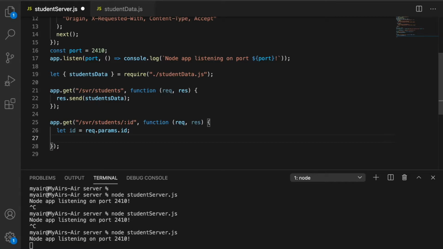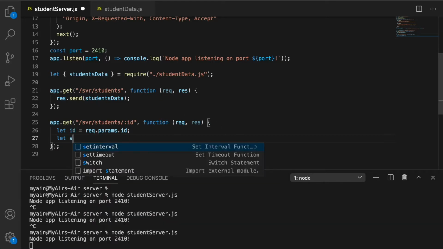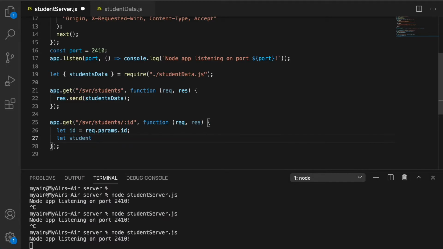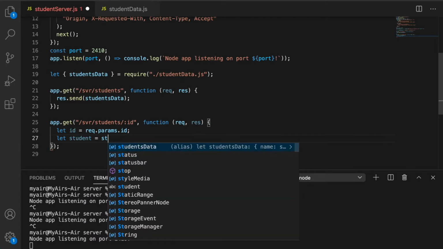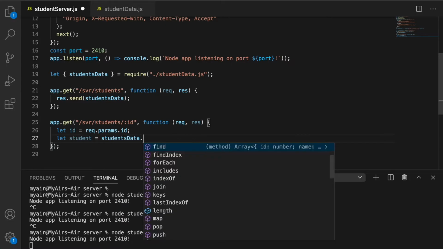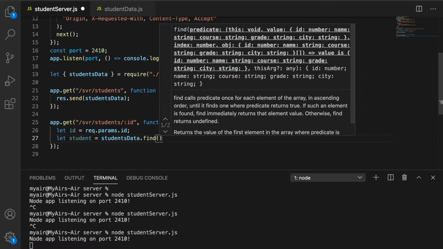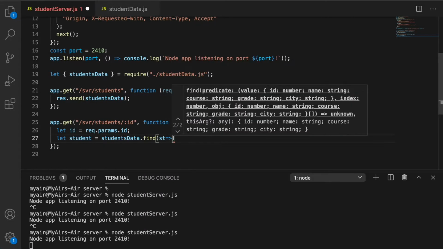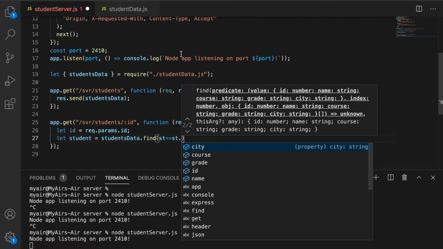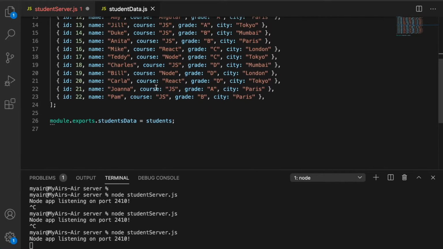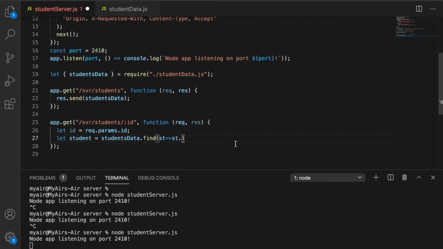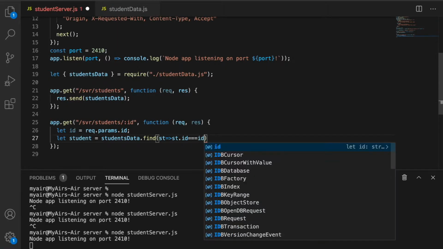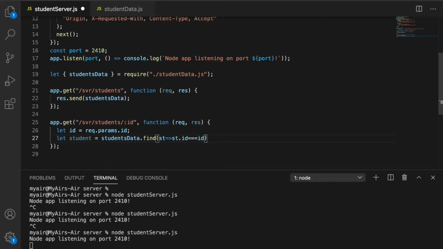Once we have gotten the ID, we need to find the details of that student. So let's say let student is equal to studentsData.find, st such that st.id is equal to ID. That is what we want to find.